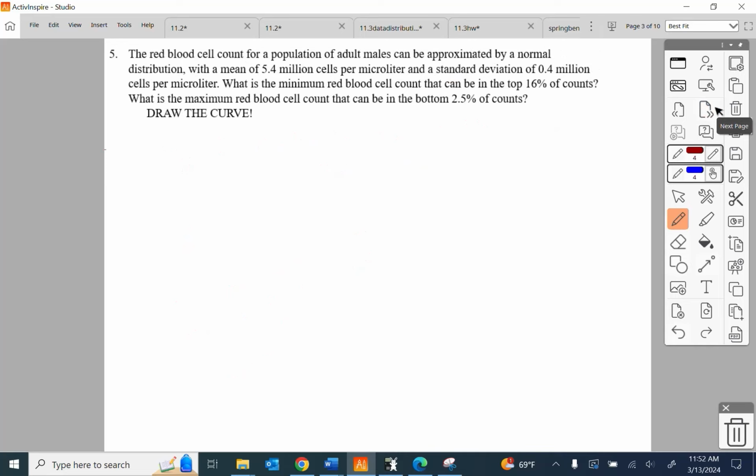The red blood cell count for a population of adult males can be approximated by a normal distribution with a mean of 5.4 million per microliter and a standard deviation of 0.4 million cells per microliter. What is the minimum red blood cell count that can be in the top 16% of counts? What is the maximum that can be in the bottom 2.5% of counts? So again, I draw